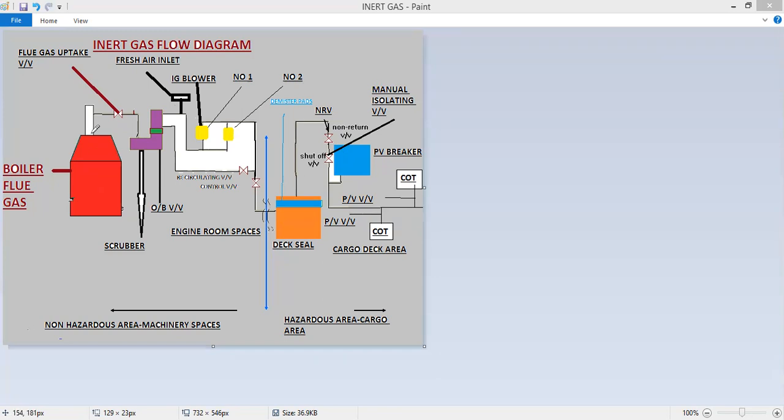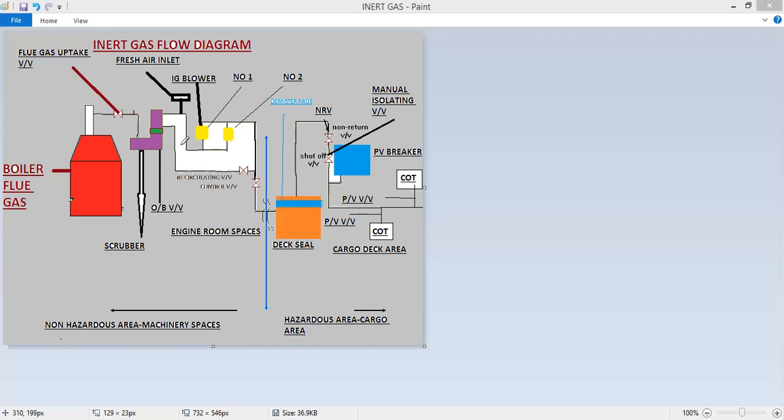So the flow diagram goes like this. The boiler is fired. The exhaust gases from the boiler are taken. Here is the flue gas uptake valve, which is opened for the flue gas. From this, the flue gases are passed into the scrubber. Basically, what happens is these exhaust gases have a very high temperature and they contain a lot of contaminants such as soot and particles. So in the scrubber, we have the seawater shower, and with the seawater shower, all the soot and everything is cleaned. So basically, this gas is cleaned and the temperature is lowered. Then this gas passes through the demister pads. Basically, these are pads like sponge, which allow only the gas to pass through and the particles are absorbed.